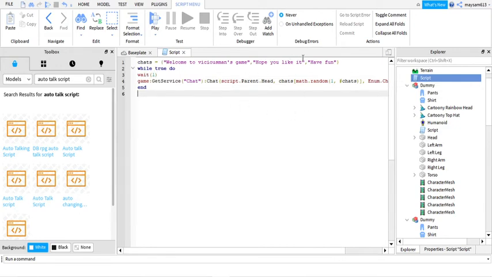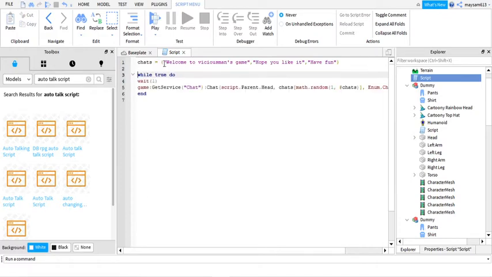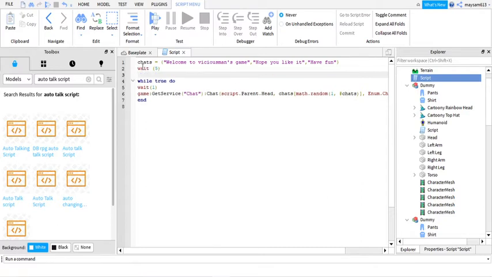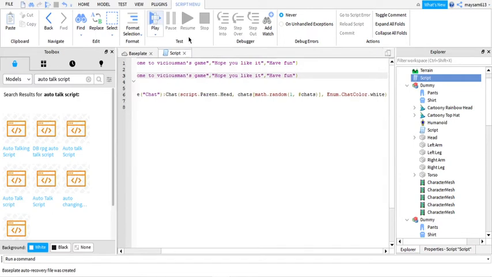Now we have this, but if you want, you could just copy this. Now behind while true do, just do this and put a wait. Now put 5 seconds, do this, now just paste that, and yeah. And I like chat color white. Now if I play,